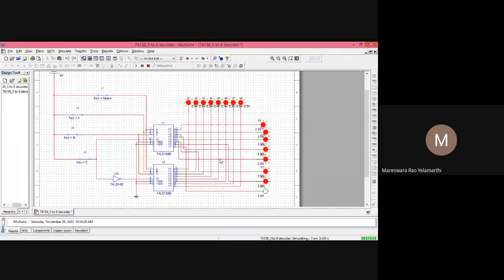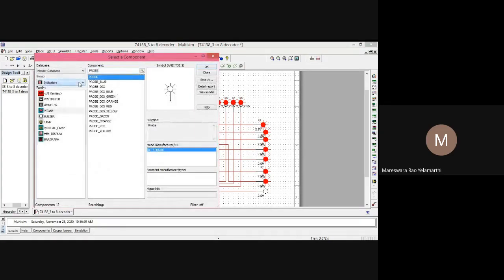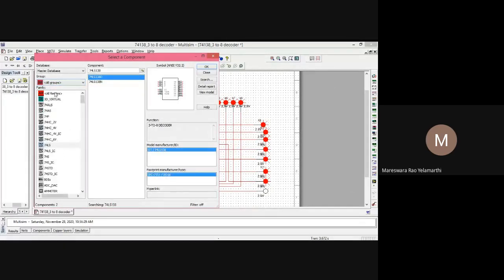Suppose you want to see the switch, just stop the simulation and go to place. Select the component. In the component group, you need to select the switch. Select all groups.